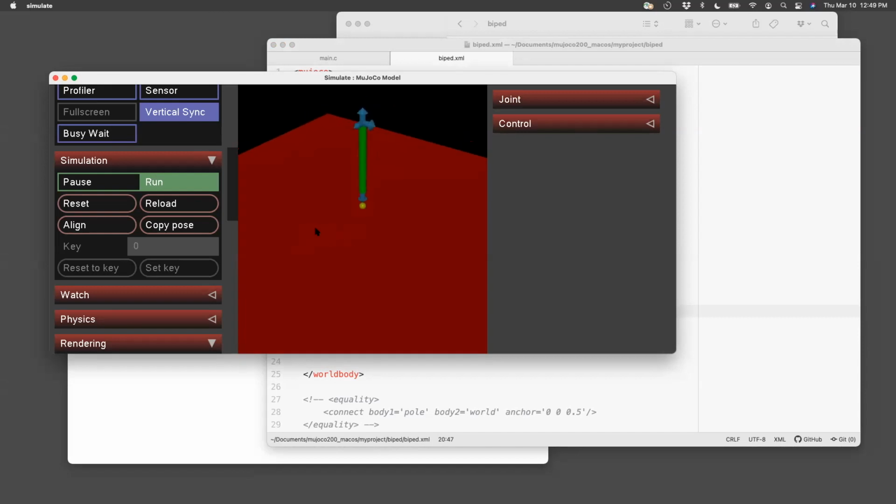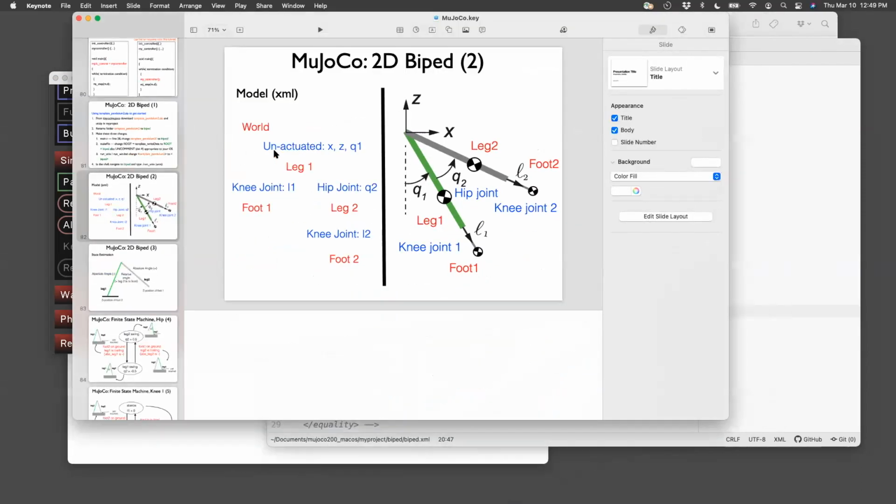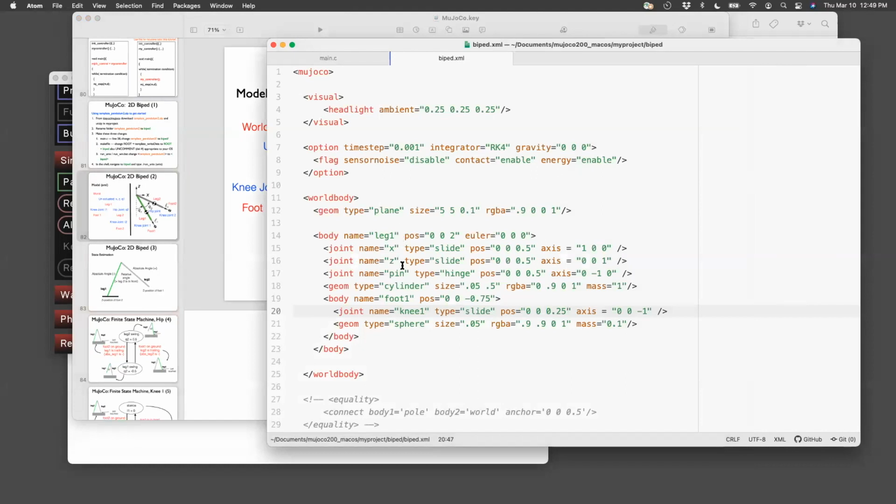Okay, so we've created, let's see, our plan. We've created the foot 1. Now let's create leg 2. And leg 2 is connected to leg 1 through Q2. So there is a pin joint. Okay, so what's the easiest way to do this? Well, there's a pin, but I first need to define the body. And remember that this